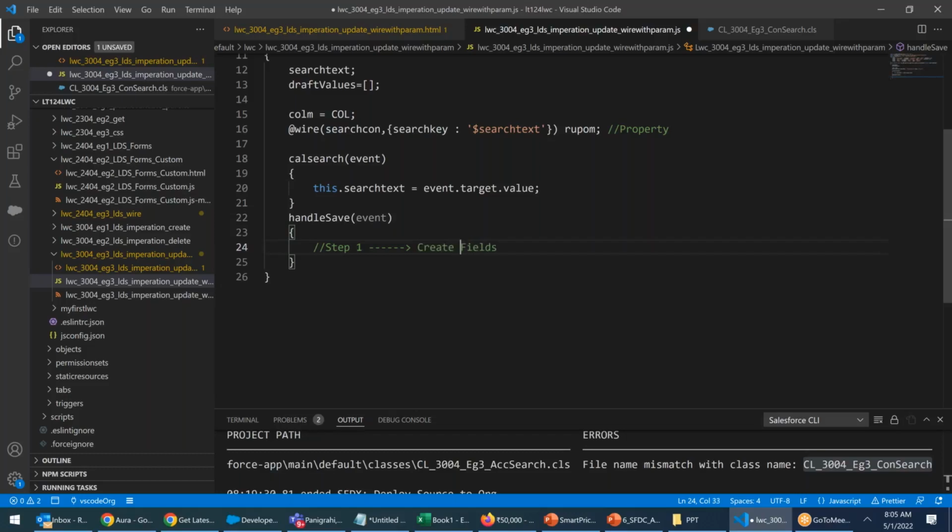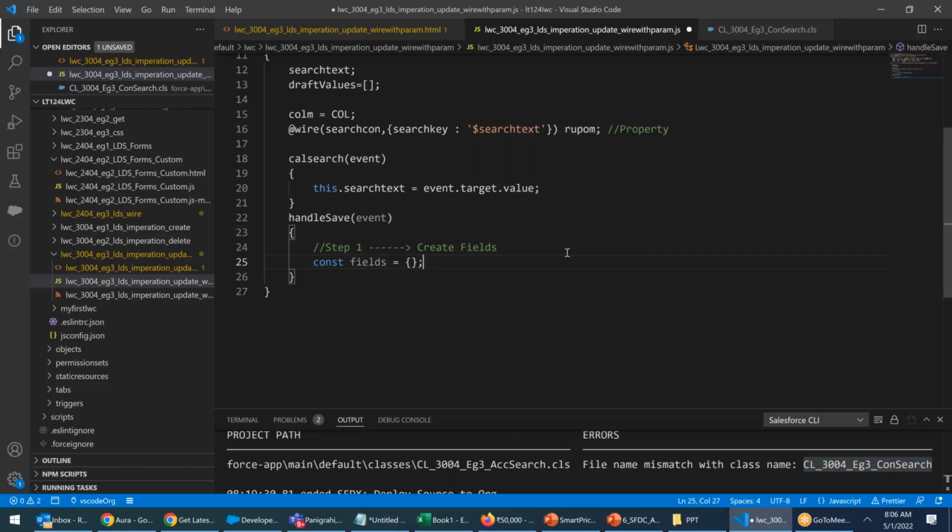Create fields. How to create a field? Const fields is equal to